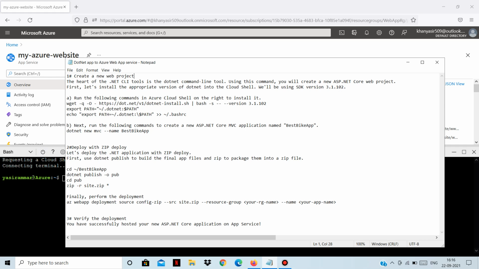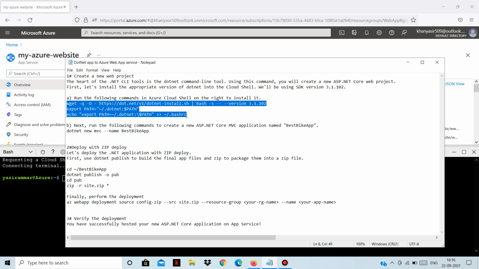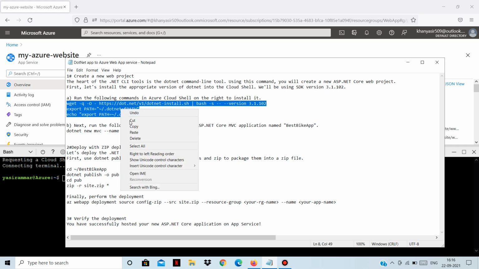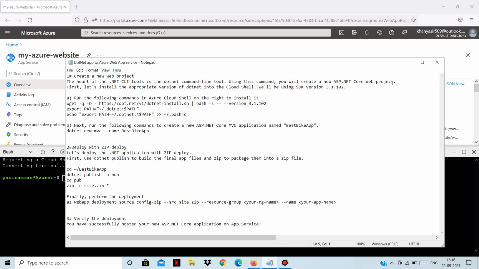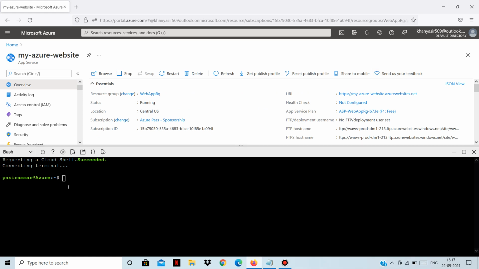So we will install this .NET command line tool in our Cloud Shell. So we will be using SDK 3.1.102. So we have to first run this command, which is given here, to install the .NET command line tool in our Cloud Shell. So let's copy paste and run this command.